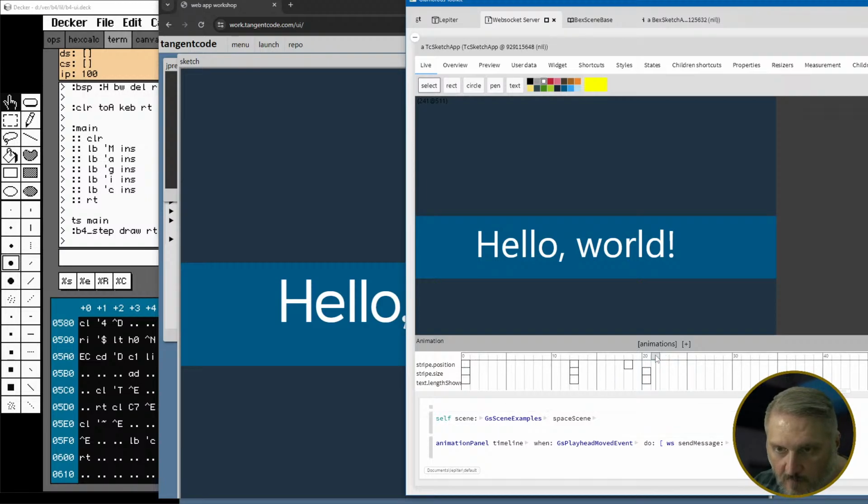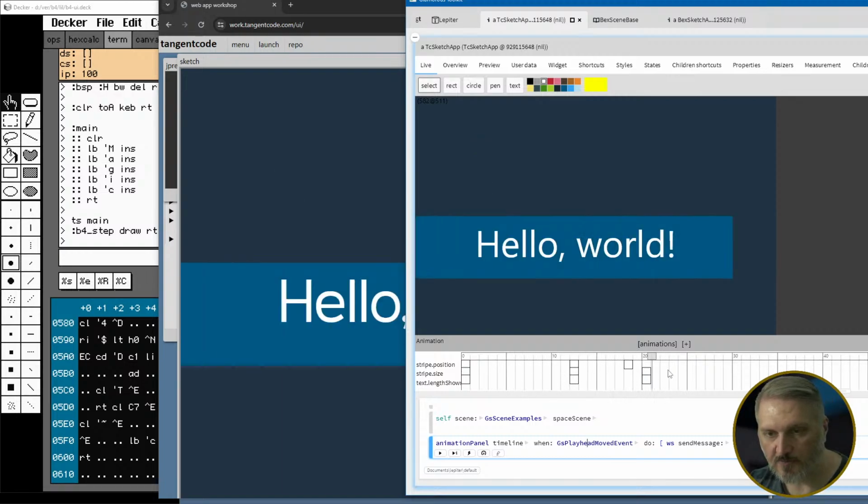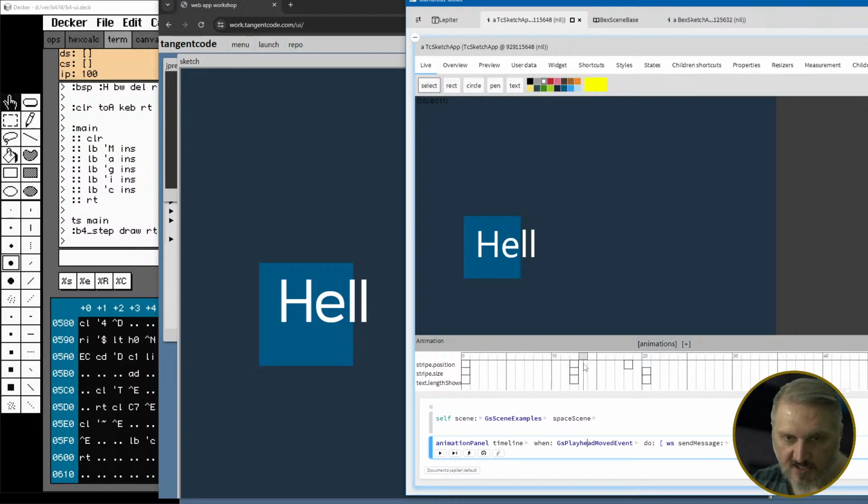And I've told it, when the playhead moves here, to send a message down the WebSocket telling it to update. So if I drag this back and forth, you see that it's now sending a message to the browser basically every few milliseconds, telling it what SVG to display. Okay, fine. That was kind of a silly way to get the output of this thing into the browser